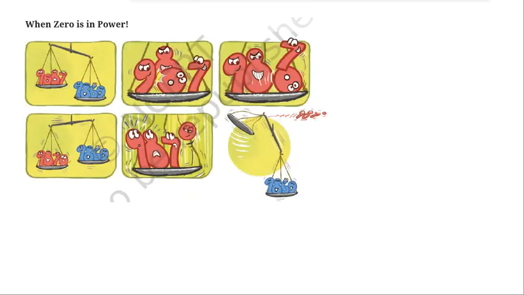Here a pictorial representation is given, and it says when 0 is in power. Here you can see 9087 and 9860, and we are comparing these two numbers. 9860 is greater, and on a balance the greater one tilts downward. Now we are comparing 9870 with 9860. 9870 is greater than 9860, so the balance is shifting to the left side, right? This is just a way of balancing. A pictorial image is given showing some balances, and it says whichever number is greater is going to shift towards down.